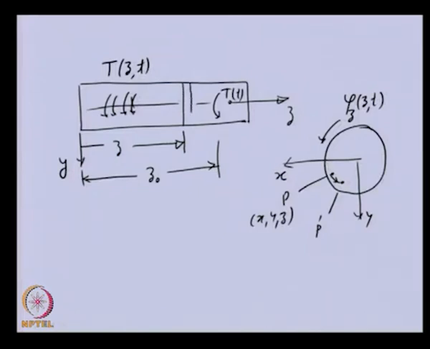Now, if we want to analyze the torque balance for a particular shaft segment, let us say we are taking a very small shaft segment having thickness dz, and if we want to draw the free body diagram of that to obtain the equation of motion, let us take this particular shaft segment, and as we have seen, the thickness is dz,